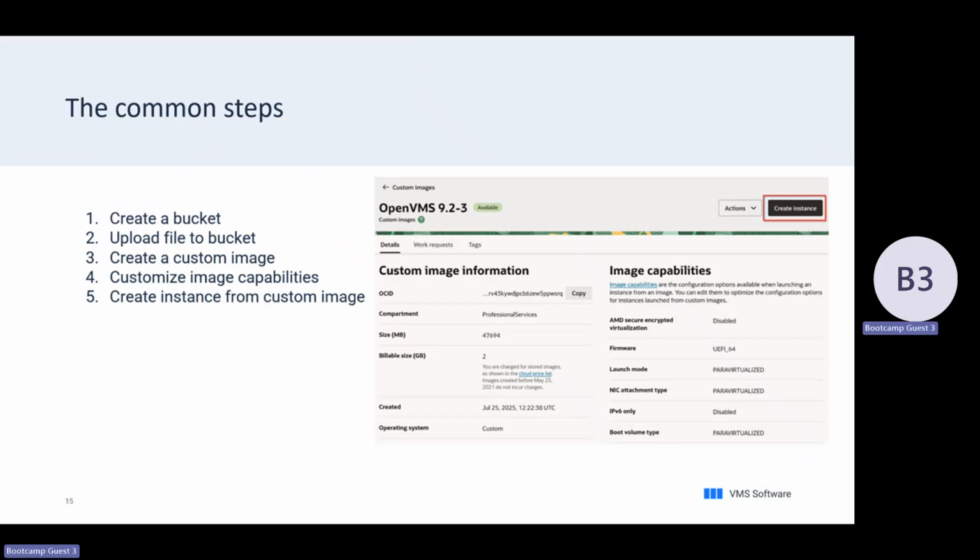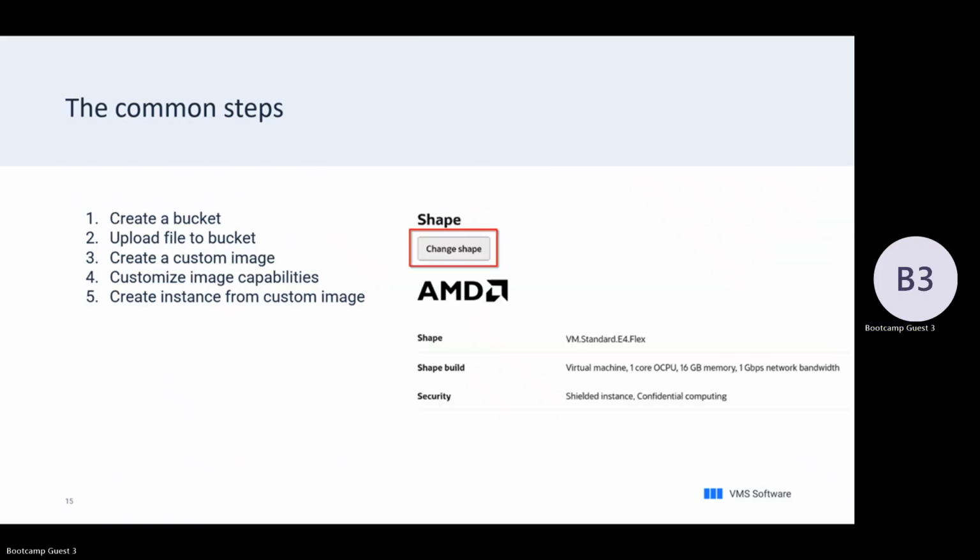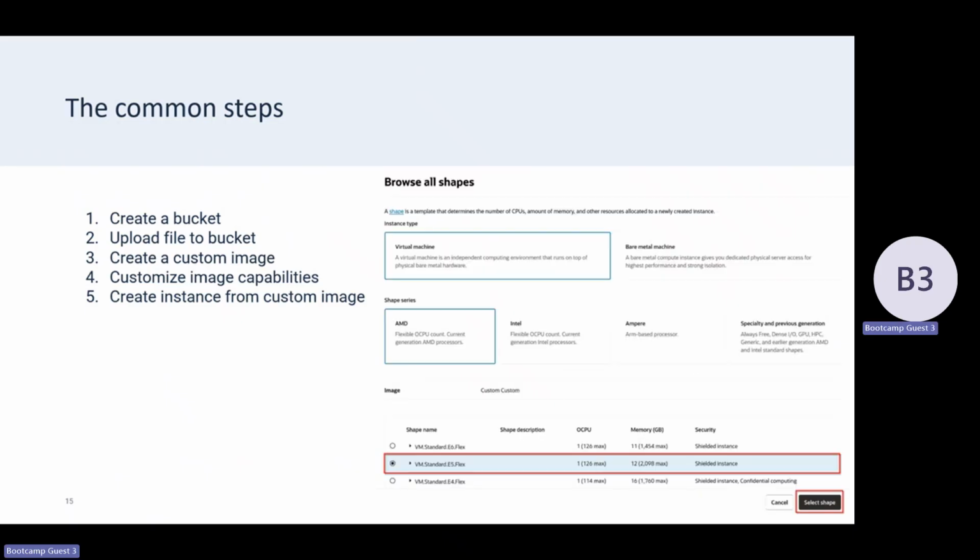So after you customize this image, you can create an instance with that big button right there. One thing that was kind of a roadblocker in the first part: we were using this shape called the VM standard E4 flex. That one gave us the i440 FX chipset, and VMS does not like that. We use the Q35 chipset, and since we were using the E4 flex chip, we were not getting that. We have a very simple solution: pick E5 flex, change shape, navigate to E5 flex,